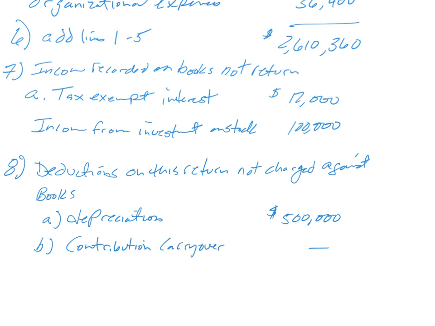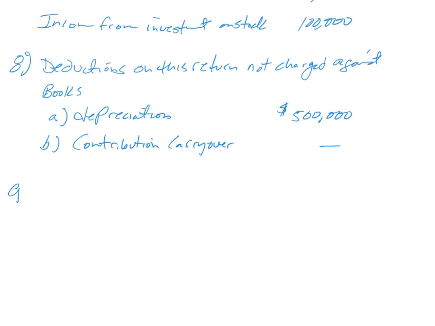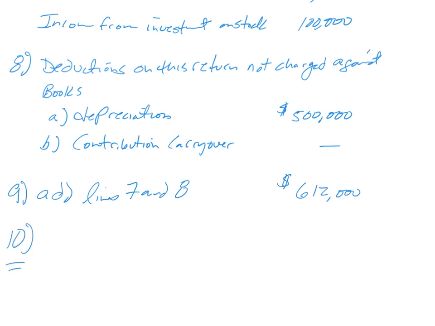Remember, our contributions carryover was larger for book purposes than for tax purposes, so that's zeroed out. So now we're just totaling things up. And then line 10, this is very important. This is going to give you your income,